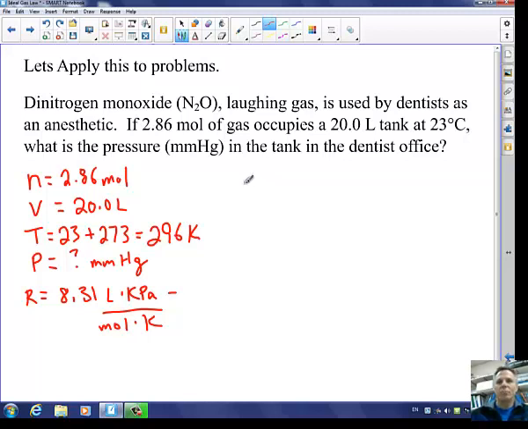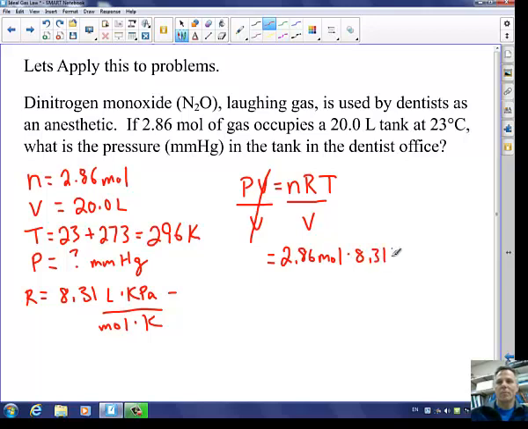So we're going to use PV equals nRT. We want to solve this for pressure. We want to get pressure by itself. So we'll divide this side by V, divide this side by V. This V over here cancels, so pressure is going to equal n times R times T over V. Well, n is the number of moles, so we're going to plug in 2.86 moles times the value of R, which is 8.31 kiloliter, or